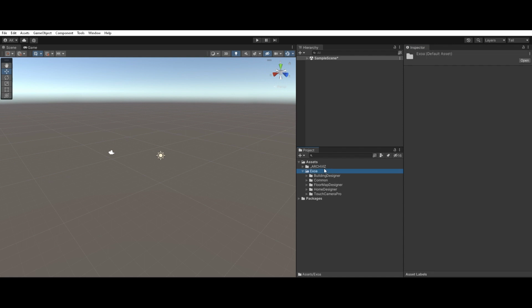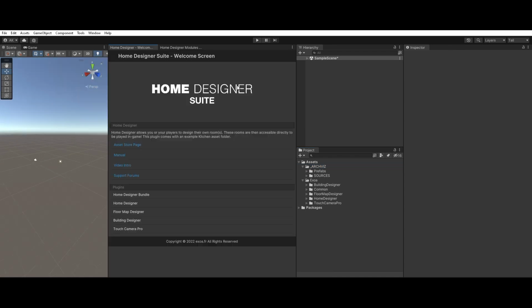Inside the Exoa folder I have the Building Designer, Floor Map Designer, Home Designer, and Touch Camera Pro. And I also have a folder called ArcViz. These are models and materials straight from the ArcViz packages that I'm going to use here just for the sake of that tutorial. Before we start, I want to point out that this tutorial is going to be based on the bundle version